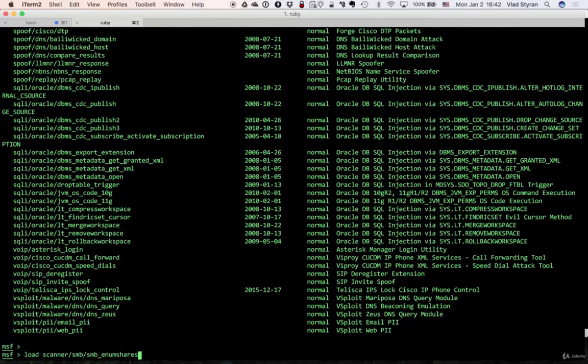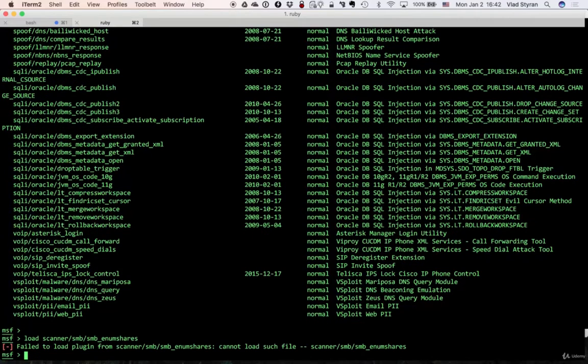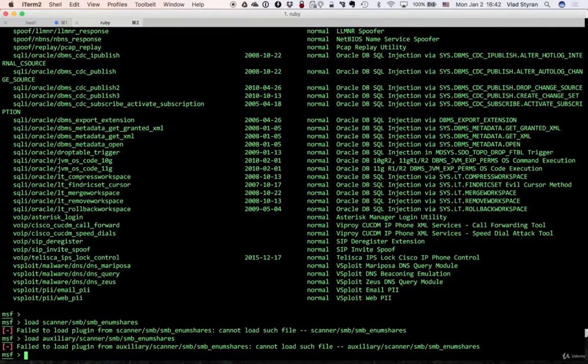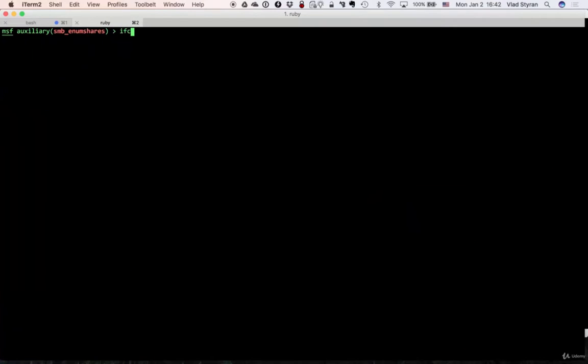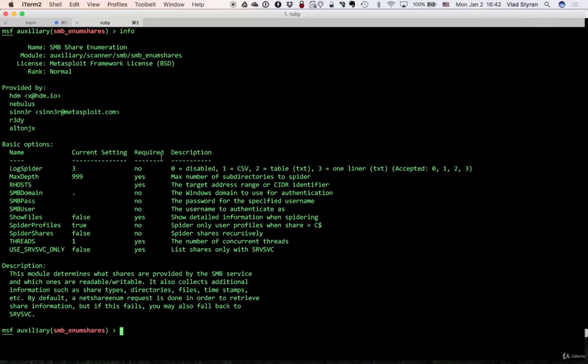We load, sorry. Well, what's up? Oh, wrong keyword. Okay, so we use. I'm just confusing it with recon-ng, where use and load are quite synonyms, okay? So here we use modules, and in each module, of course, we have info, right? So here we can read a lot